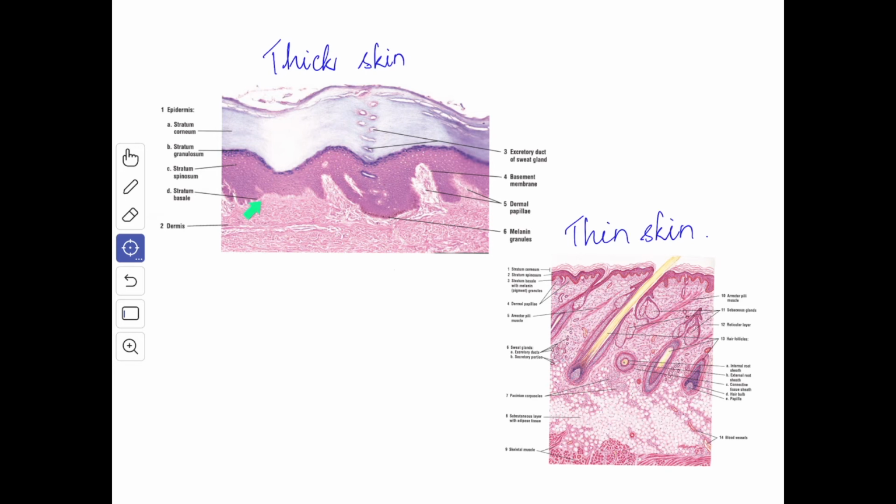Next we'll see about the dermis. The dermis consists of two layers, the papillary layer and the reticular layer. The papillary layer forms the superficial layer of the dermis and it includes a dense connective tissue of the dermal papillae. These papillae are best developed in the thick skin of the palms and soles. Each papilla contains a capillary loop. Some papillae contain tactile corpuscles.